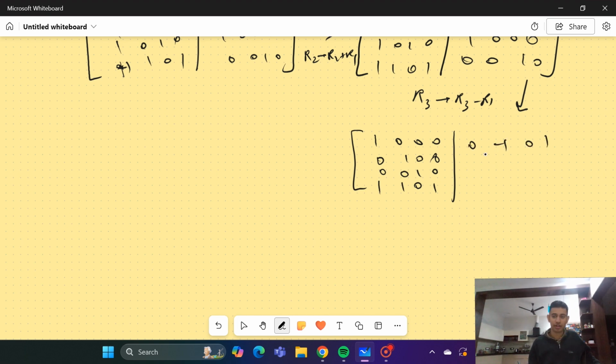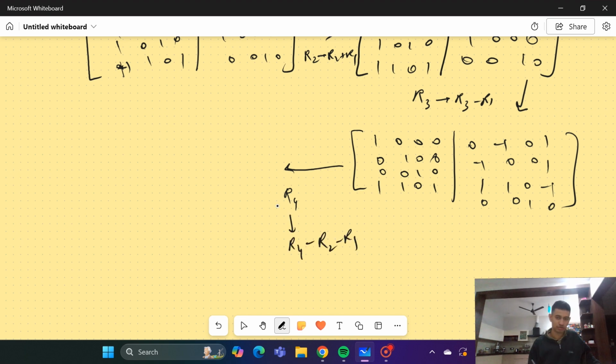Might just be bad handwriting anywhere. 0 1, so that's 1 1 0 minus 1 0 0 1 0. And then there's R4 goes to R4 minus R2 minus R1. Yep, and what this will do is